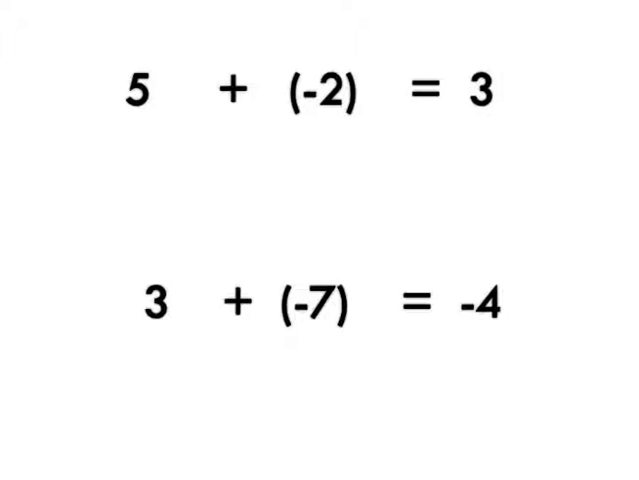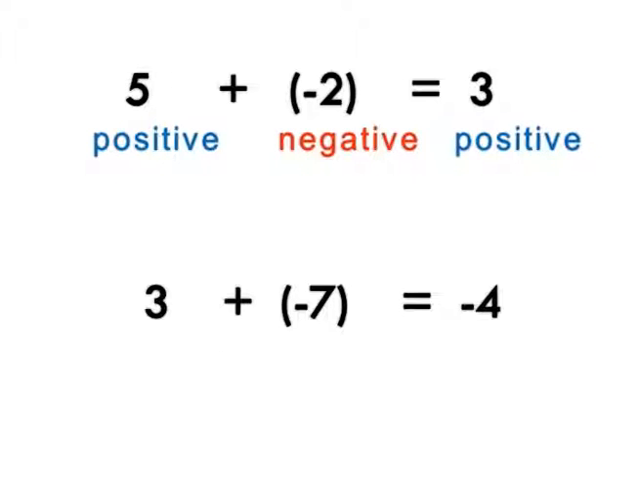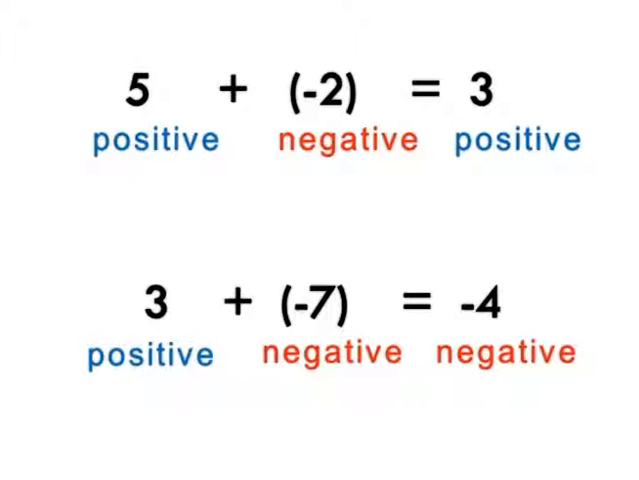Now, how about examples 3 and 4? So we are adding a positive and a negative, and the answer is a positive. While in example 4, we are also adding a positive and a negative, but the answer is negative. So what have you noticed? Getting the absolute value of example 3, which is 5, and negative 2, we are like subtracting them to get